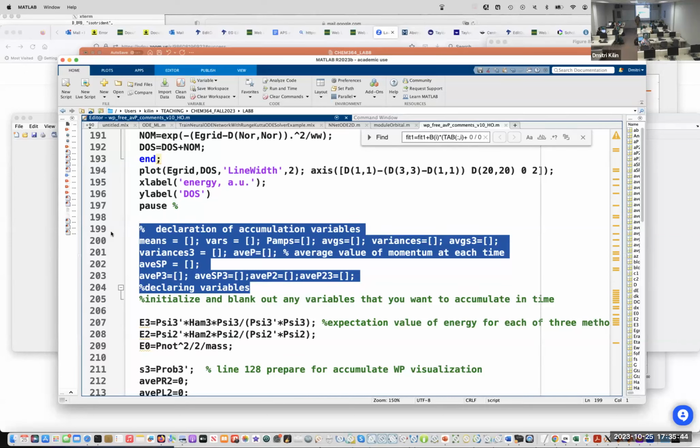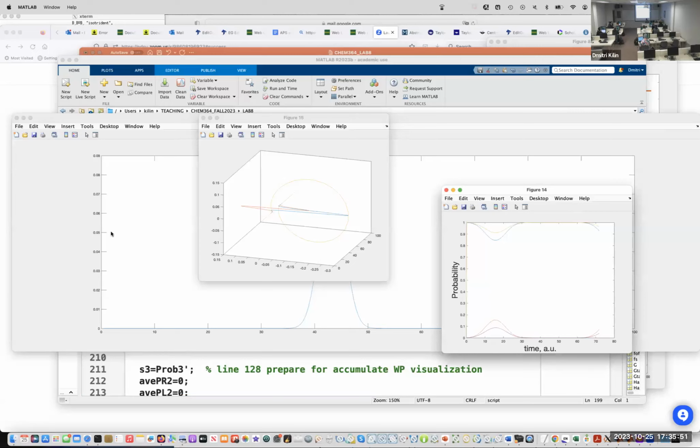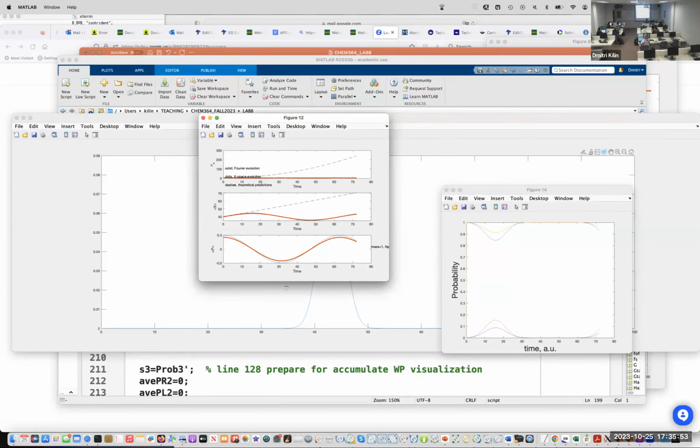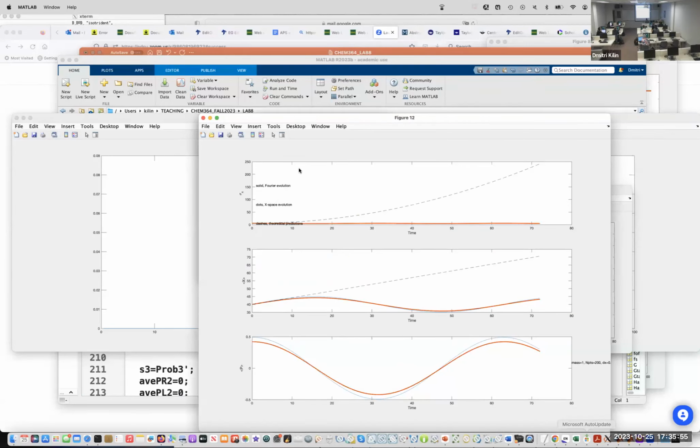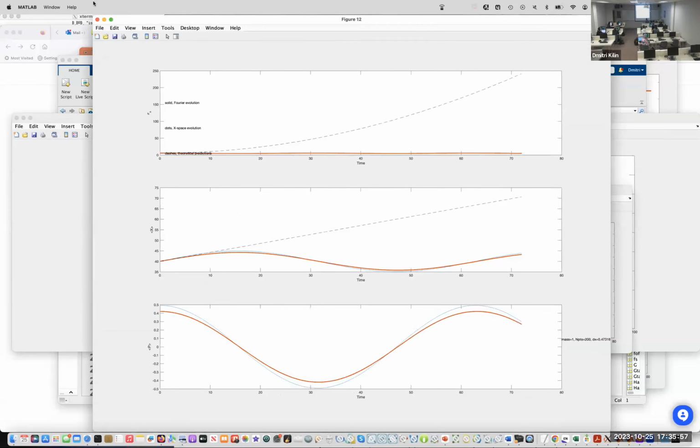But when the code has completed, we do want to plot these observables, like expectation value of position, expectation value of momentum, and others, right? So we need the value of the observable at each time step.